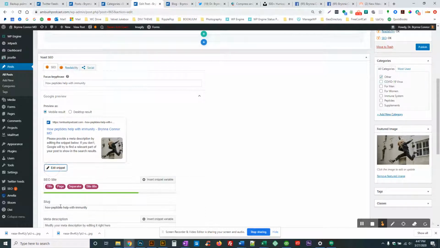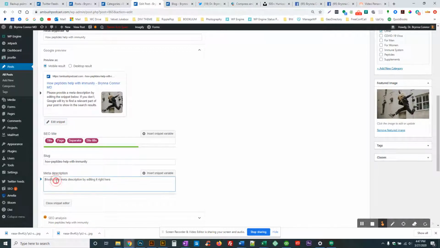I'm going to edit that snippet, and I'm going to start saying how peptides help with immunity, because you can see it's starting to get bigger. You need to make this big enough till it turns green, because people need a better understanding of the reality of immunity impact and how salad dressing helps with it. So you've got how peptides help with immunity right up front, and Google likes that. It's in your meta description,